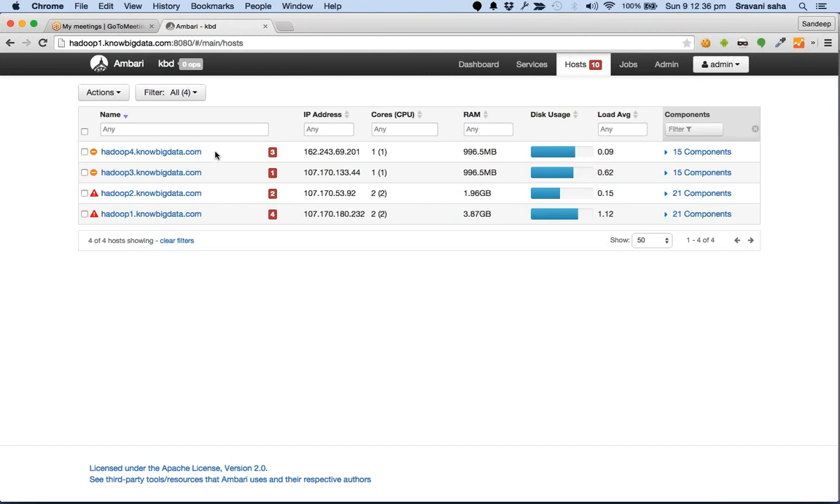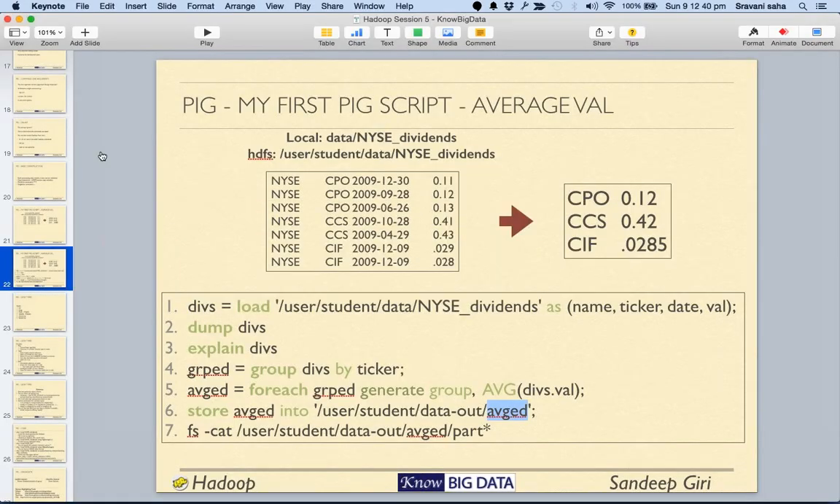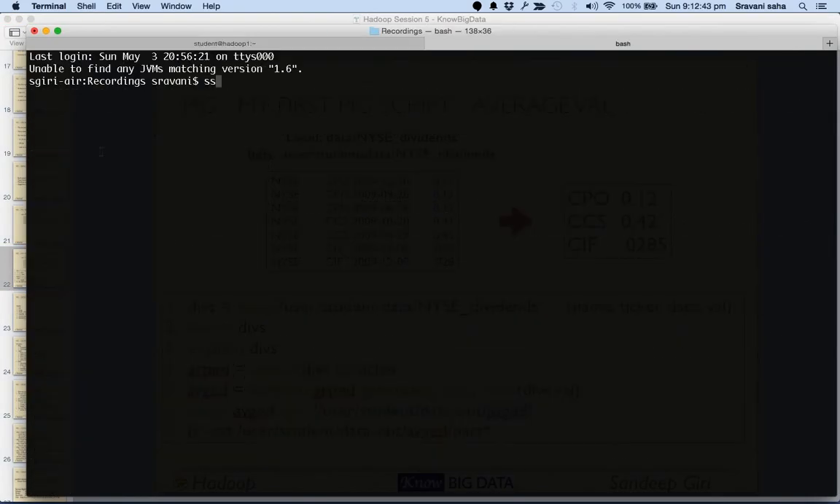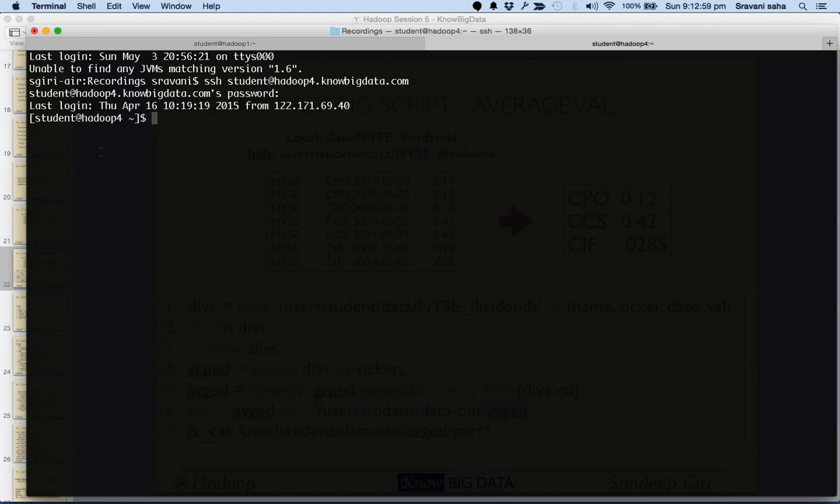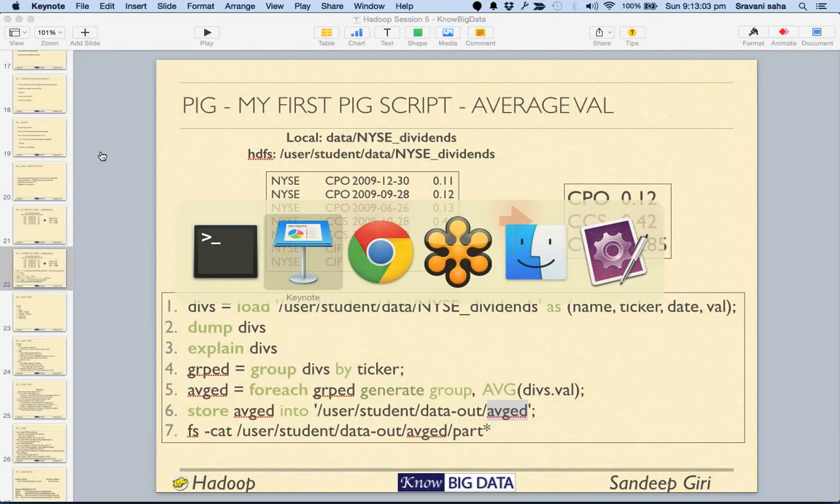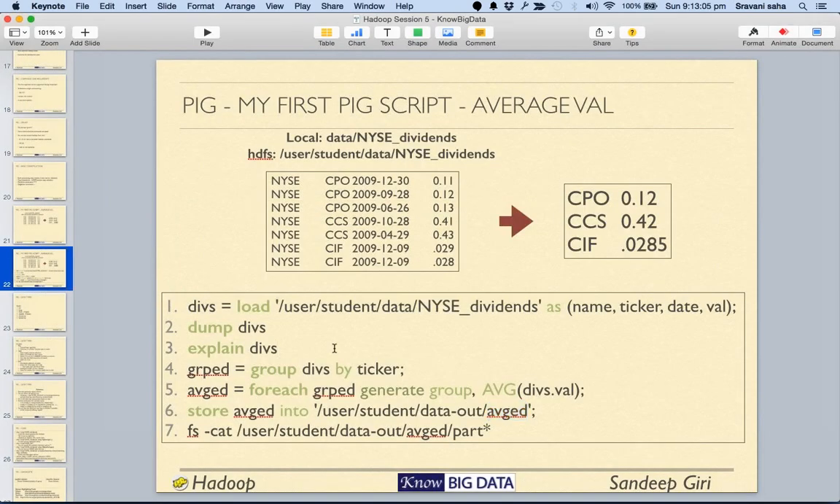So our Hadoop 4 is fairly free. So can we try to use Hadoop 4? All right. Now here,